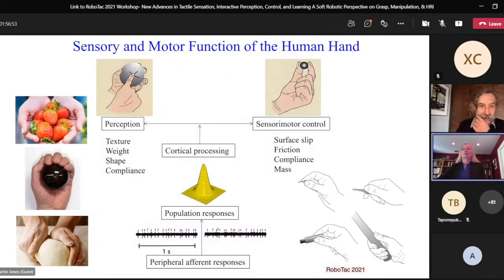We find that surface slip, the slight movement of an object held in the hand, is detected within 10 milliseconds by cutaneous mechanoreceptors. There is an adjustment of the forces used for grasping the object so it remains stable within 70 milliseconds, so it's obviously mediated by supraspinal reflexes. These signals from the peripheral afferents also contribute to our knowledge about friction between the skin and the object, the compliance of the object, and its mass, all of which influence how we actually manipulate and control